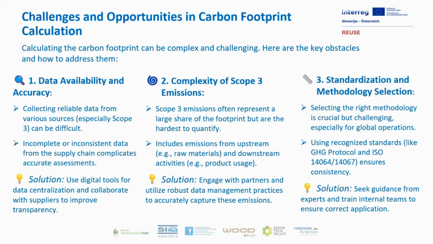So first is data availability and accuracy. This is one of the biggest difficulties, and it's simply gathering the data. To calculate emissions accurately, companies need reliable data from many different sources. This becomes even more difficult when dealing with indirect emissions, or Scope 3, which often involve external suppliers and partners. For example, data from the supply chain might be incomplete, inconsistent, or even entirely unavailable, making it hard to estimate